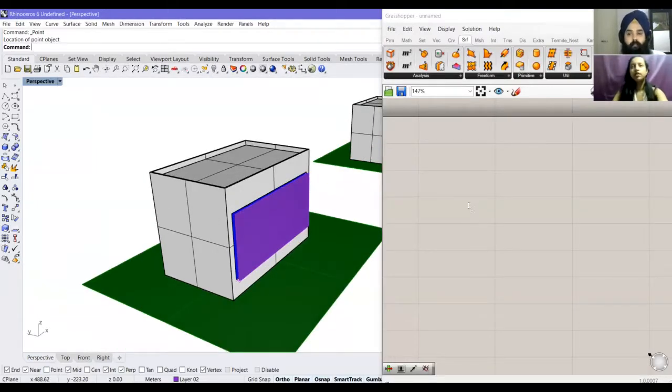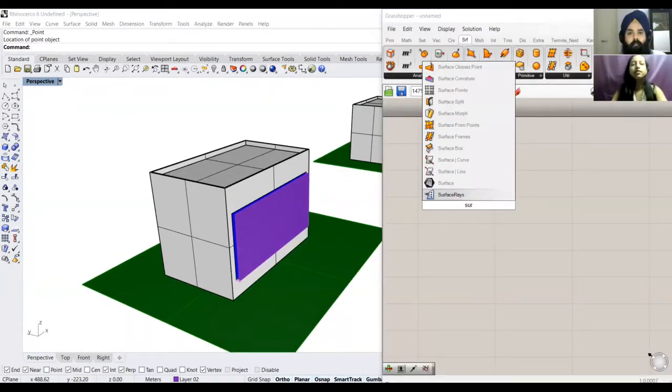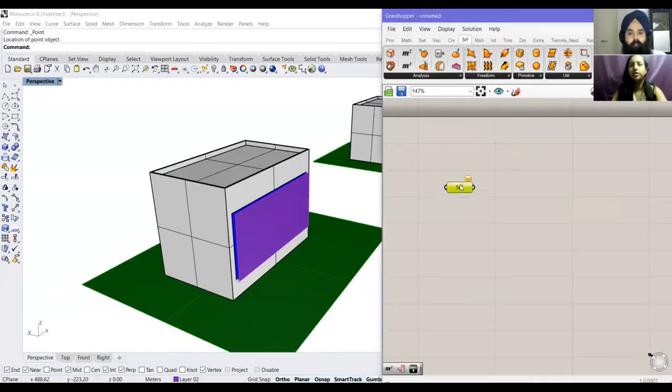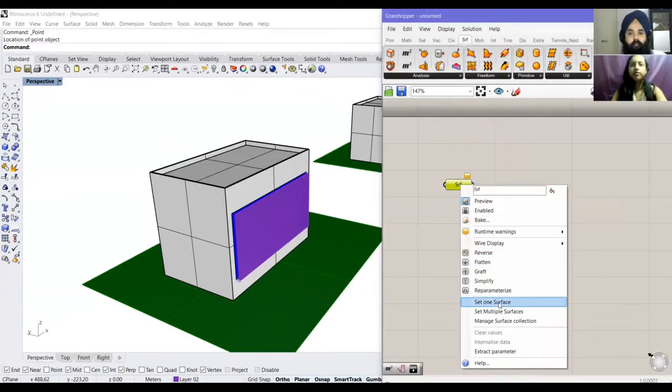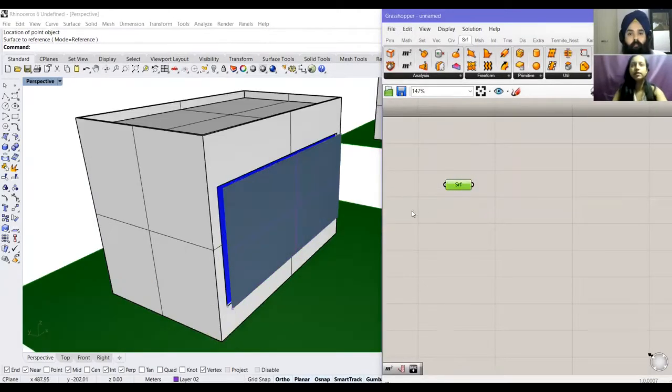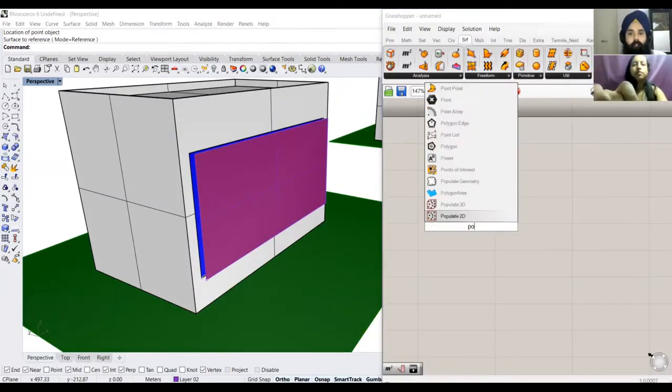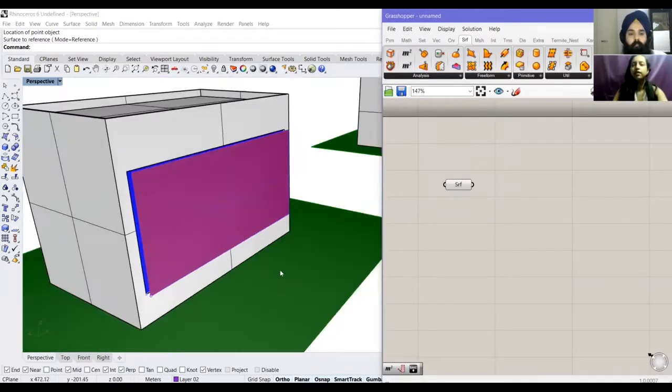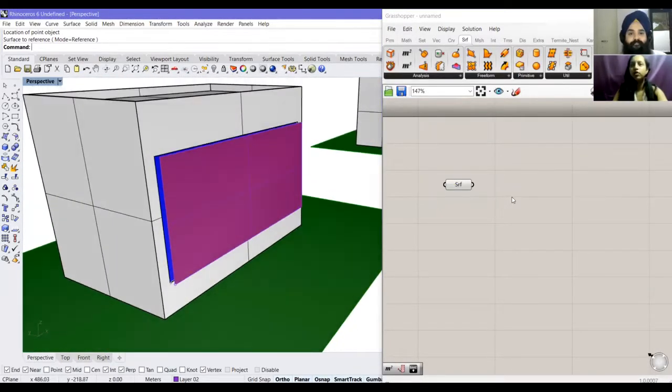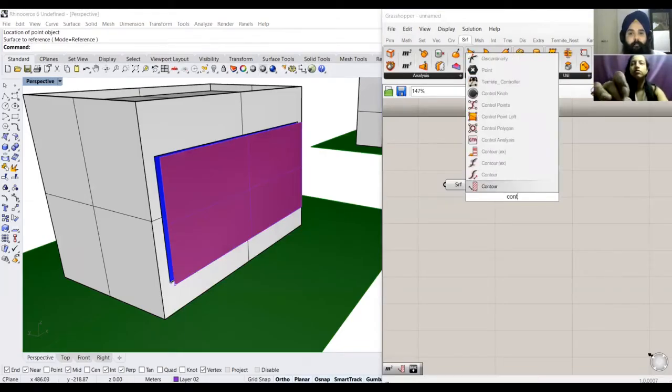Okay. So here on Grasshopper, I'm going to start saving this surface in one component. So I'm going to set one surface. This is the surface that has been set. Okay. I'm going to select. So I have the surface here already. I'm going to contour this surface. There's a command called contour.